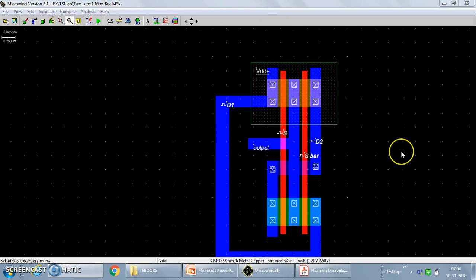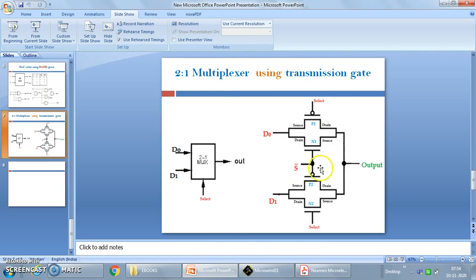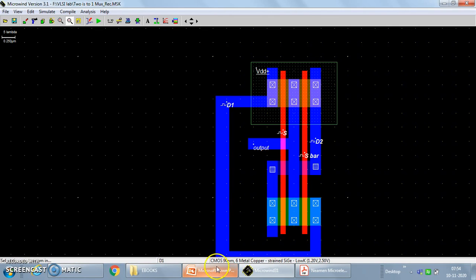Okay, so we have done with the layout. Complete layout is done. So this is P1, P2, and this is N2 and N1. So we have done with the connections. The connections are mapped with this diagram, how the connections are done with the source, gate, drain and P1, P2 labels. Now to simulate this, before simulation we should go for the design rule checker. If I click here, no design rule error, we have used 0.8% memory, that is okay.